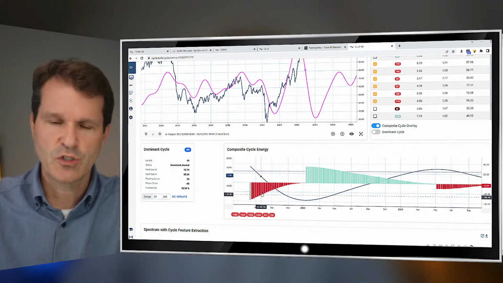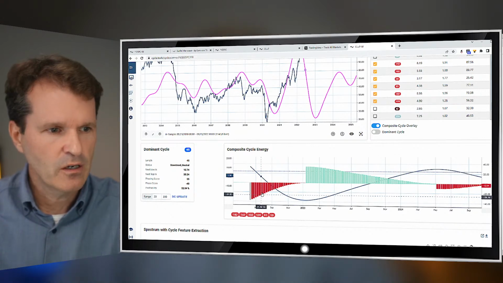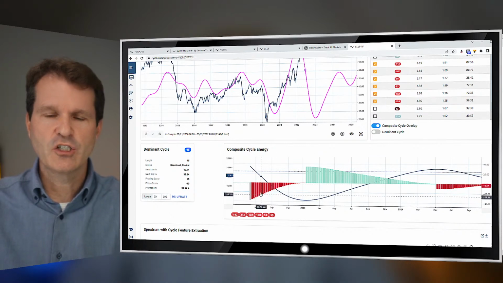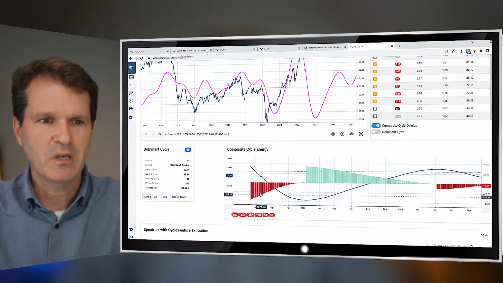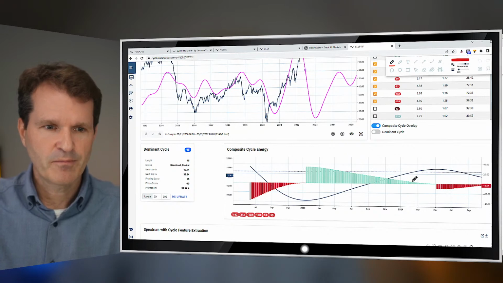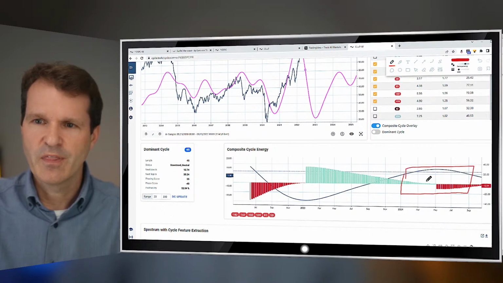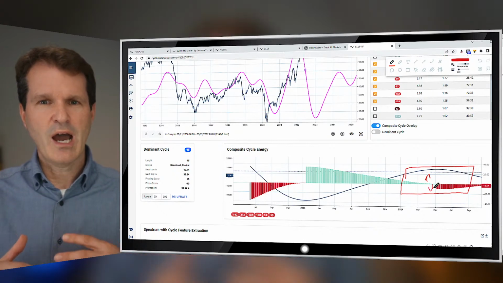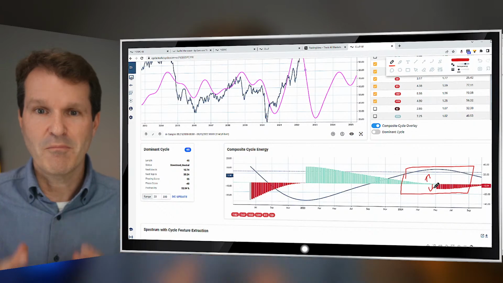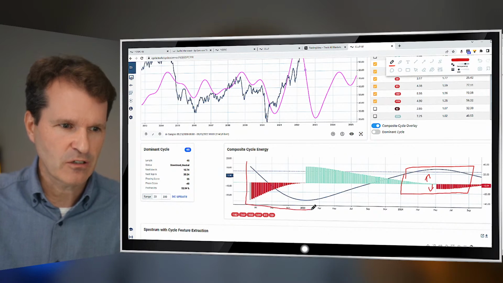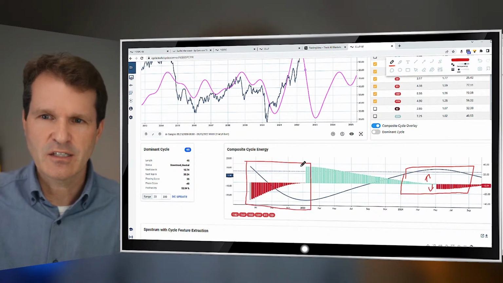So the reading is more interesting from this indicator which is plotted here. And you should look out for the situations where you have strong momentum in each direction. So for example, in this period from 2024, the momentum to the upside and also to the downside is very limited. So there is not much cyclic influence into the market,